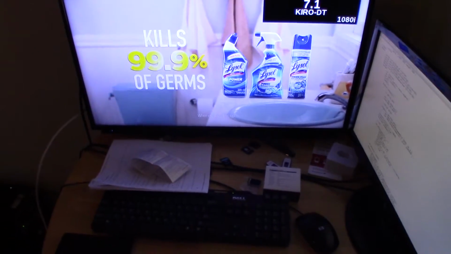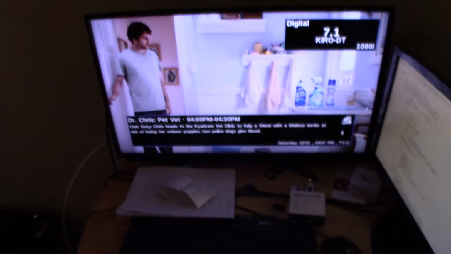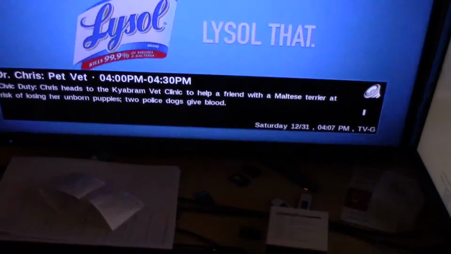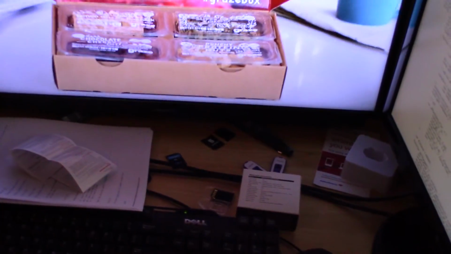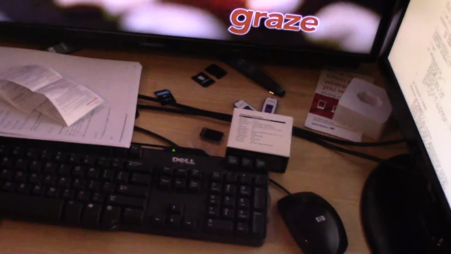They kill 99.9% of germs, including E. coli, to clean and disinfect in and out of the toilet. Lysol that. Snacking has never been this exciting. At Graze.com,